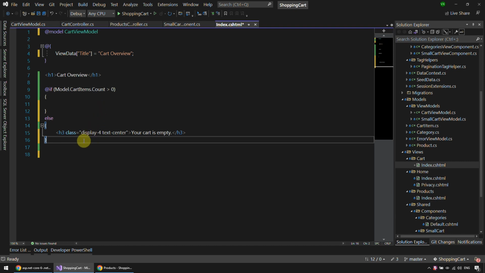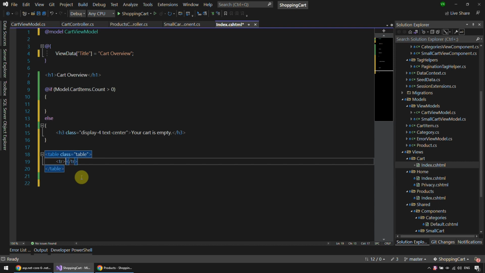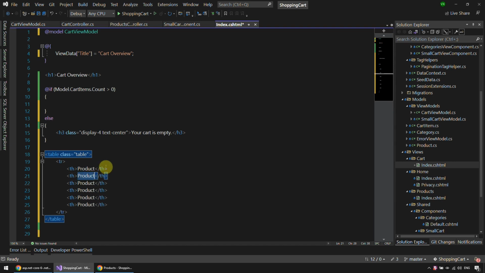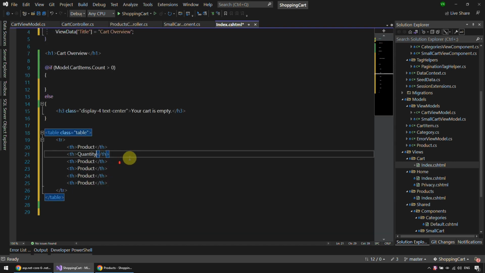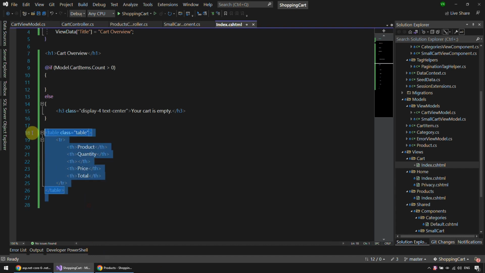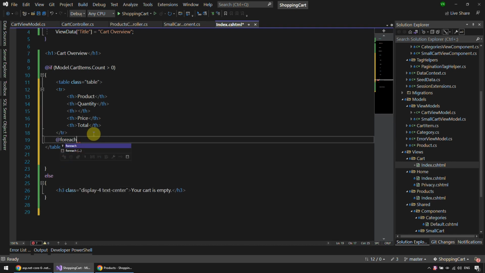And now if it's not empty, and again let me just create a table here. So table, tr, th product, and duplicate that a few times. This is gonna be quantity, and an empty th, this is gonna be to increment or remove the product, and price and total. So let's cut and paste that in here and have a foreach here, var item in model cart items,